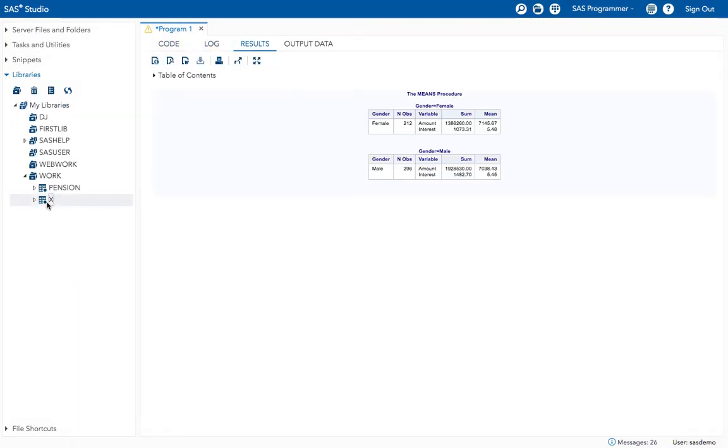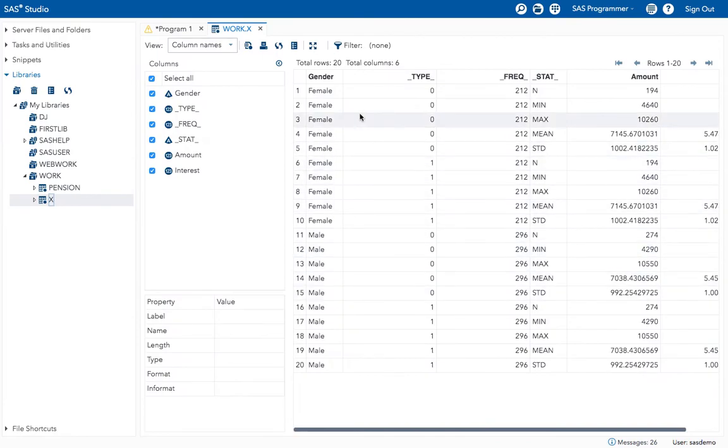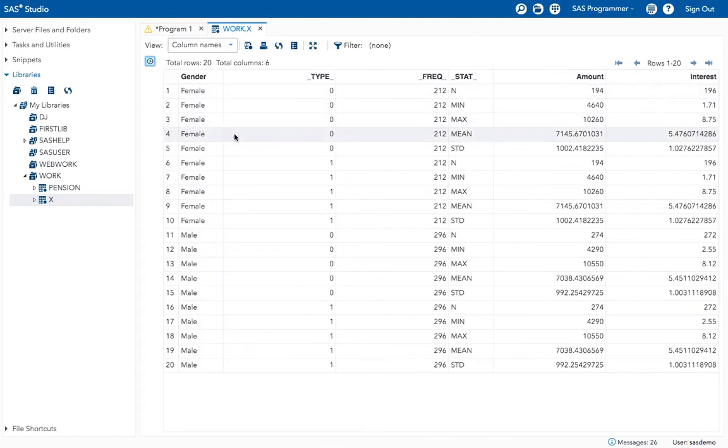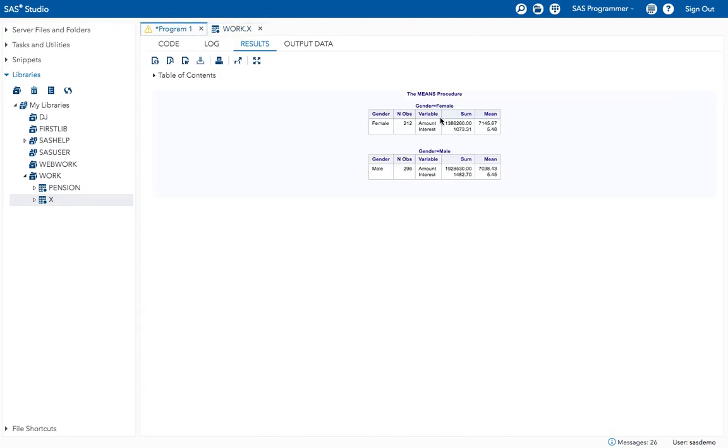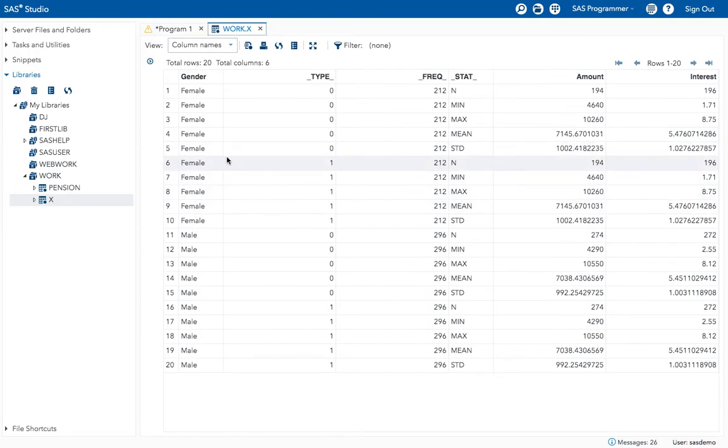See what I got here, it generated the data set with the generated mean values for amount and interest. And what all I have in this data set, I have underscore TYPE underscore and underscore FREQ underscore. These two are automatically generated values.